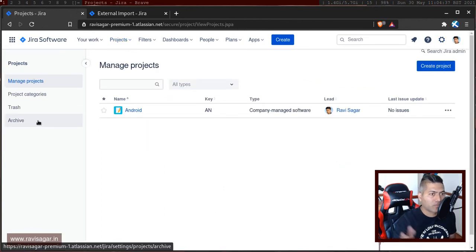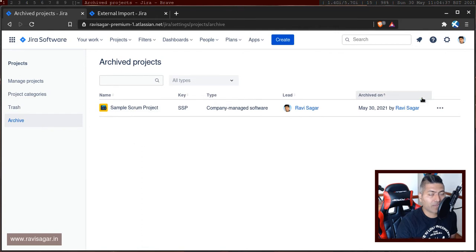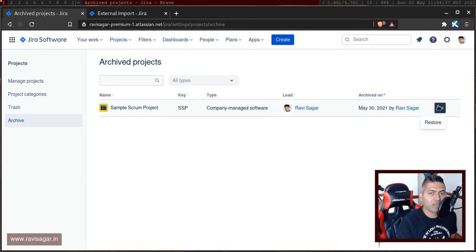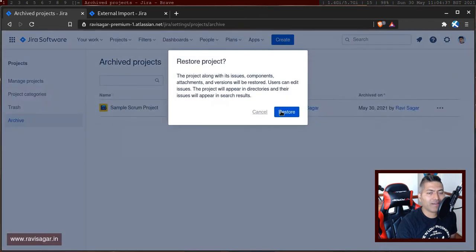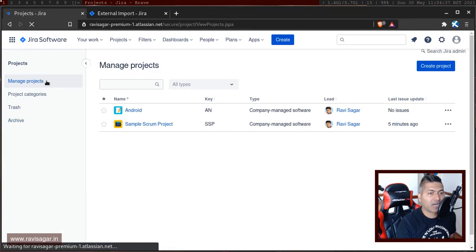I mean, you won't be able to search it at all, which is, I think, useful because you can expect your Jira to perform better. And maybe I'll just restore it very quickly, and let us take a look at. Let us do a very quick comparison of before and after, which I think we all know.